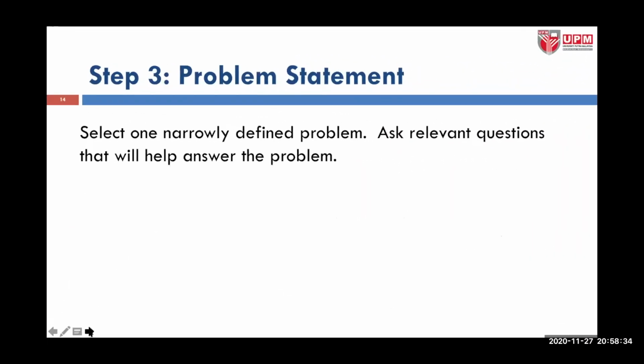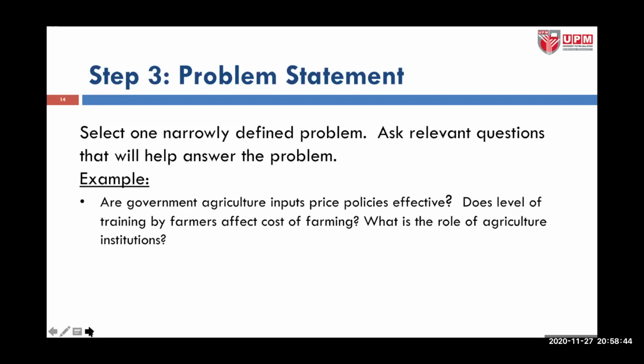Okay, and then step number 3, writing down the problem statement. Select one narrowly defined problem. Ask relevant questions that will help answer the problem. Example, relating to the previous scenario just now, for the research problem, now the problem statement: are government agriculture input price policies effective? Does the level of training by farmers affect the cost of farming? What is the role of agriculture institutions? So that is an example of